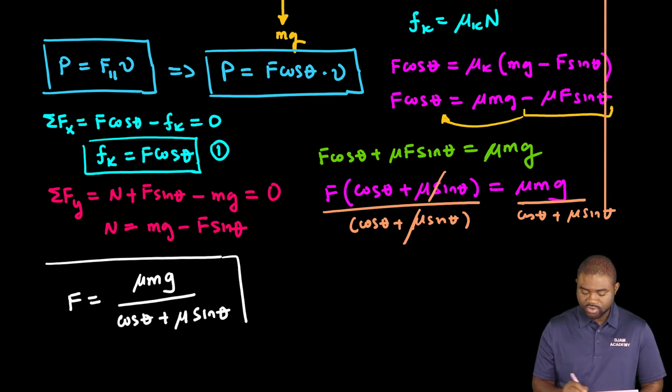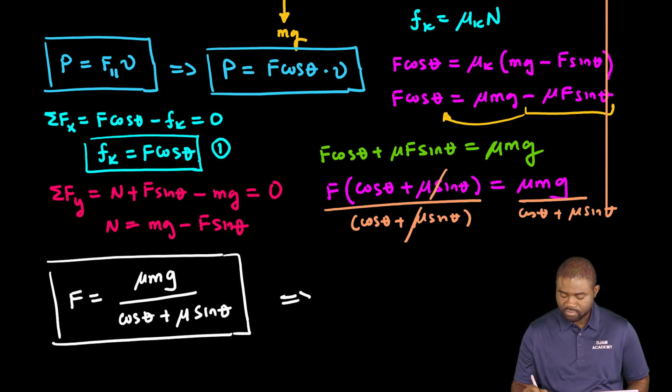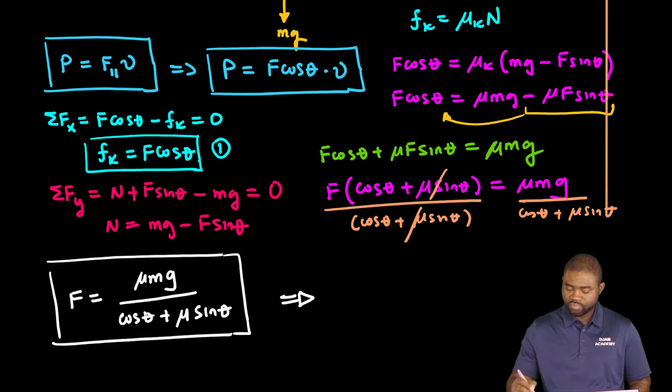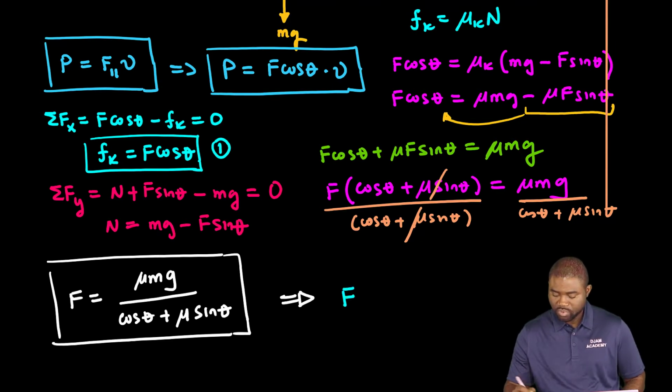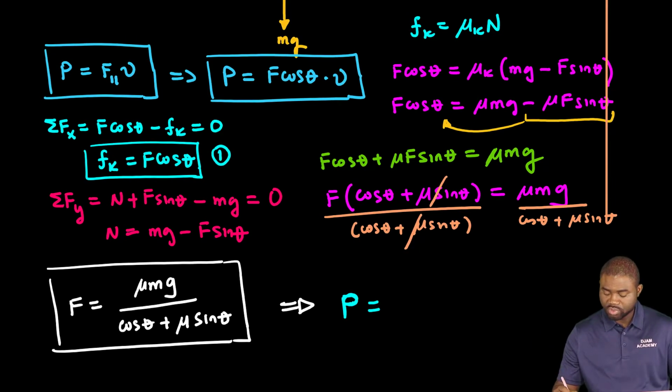This gives us the expression for F. Hence, the power delivered by F is equal to F cosine theta multiplied by v, which is just going to be equal to mu mg